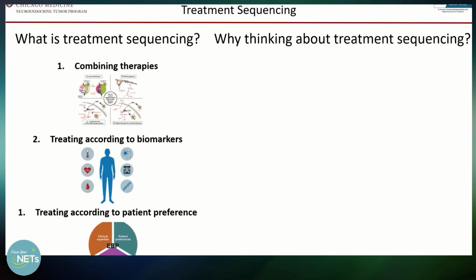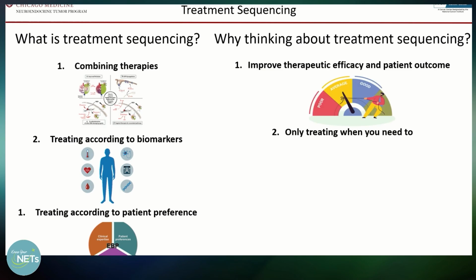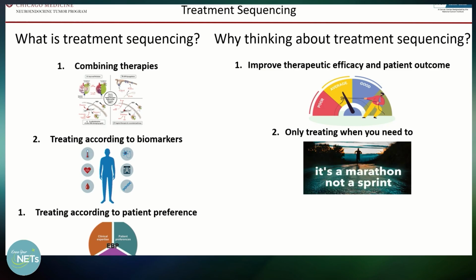Why is it important to think about treatment sequencing? Because treatment sequencing, if you do it the right way, could improve therapeutic efficacy and patient outcome. It could also mean that you only treat patients when you actually need to. Very often, the journey of a neuroendocrine tumor patient is more like a marathon and not a sprint. So we don't treat you with all kinds of things right off the bat, but we try to treat you only when it's needed. And understanding which therapy goes first, which therapy goes second, or third or fourth may be very important in that